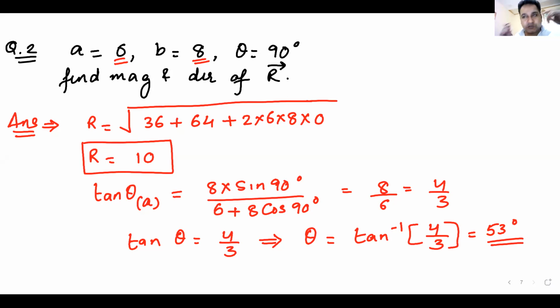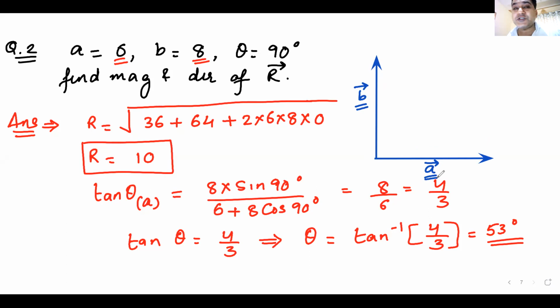And just to give you a picture of what it is looking like, let me draw it for you. Give me a minute. Okay, so what I have drawn here are the two vectors. This vector is A vector, this vector is B vector. Is everyone getting my point? They are at 90 degrees to each other. This is how these vectors might look like.